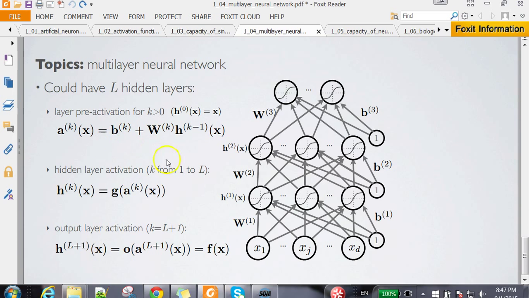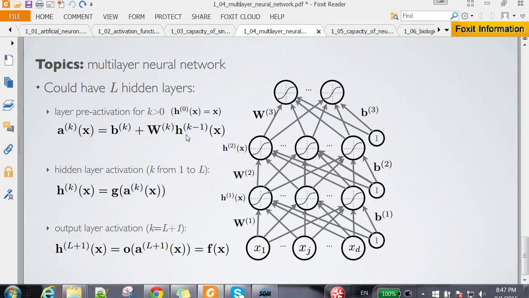So, in other words, to get the first set of pre-activations for the first hidden layer, that means k is going to be equal to 1. We're going to take the first set of biases, and we're going to take the first weight matrix, so W1, and we're going to apply the